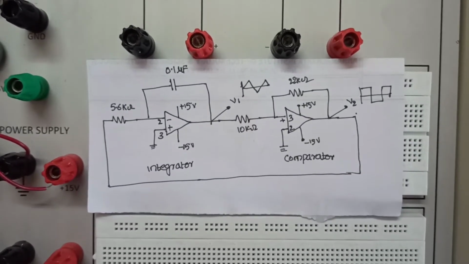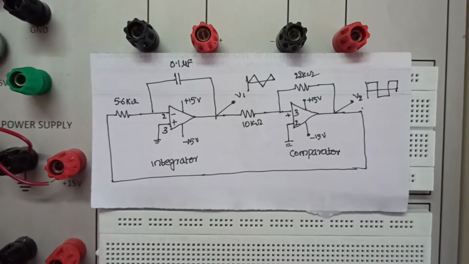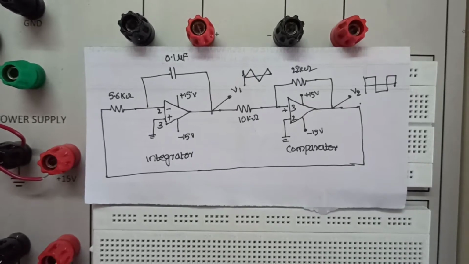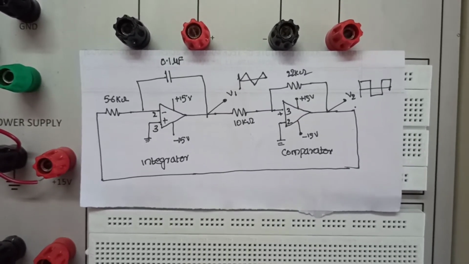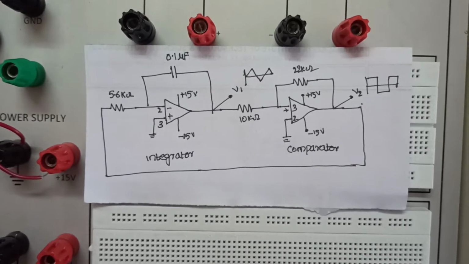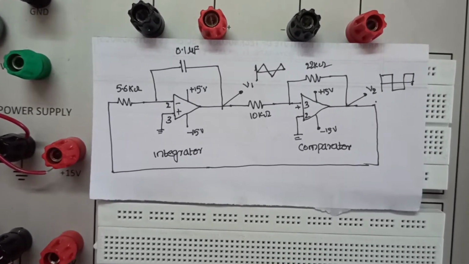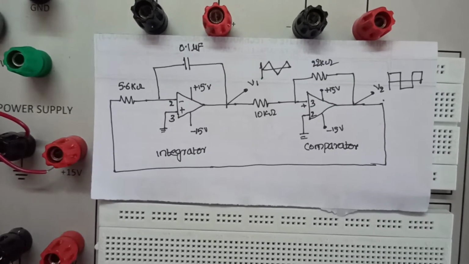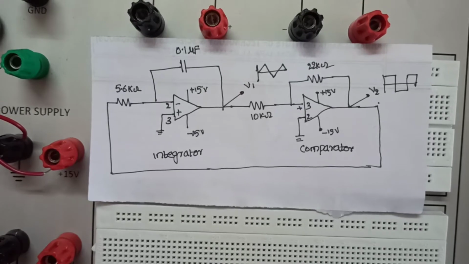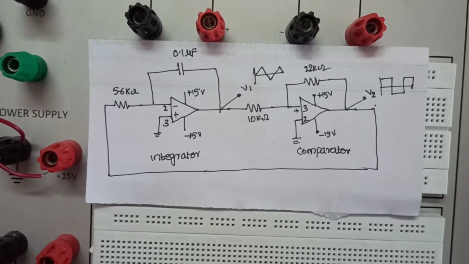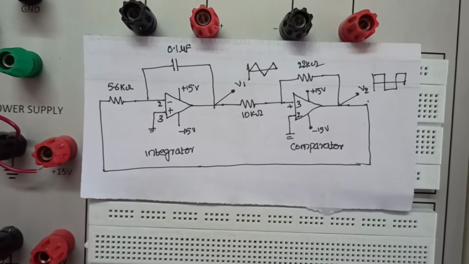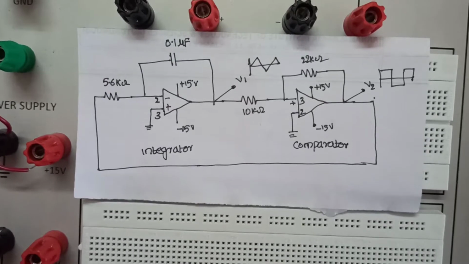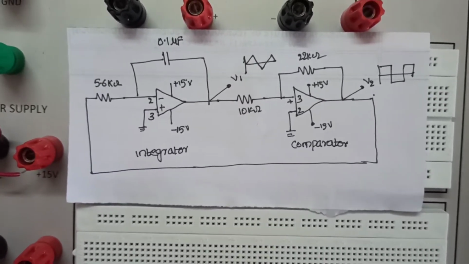Right. Hello, students. So, this is an experiment of function generator using op amps. Without giving any inputs, we are going to generate two types of signals here, a triangular function as well as a square function signal, using this circuit. Today we'll connect this circuit and see how it works as a function generator. This is also one of the applications of operational amplifier, meaning op amps working as a function generator.